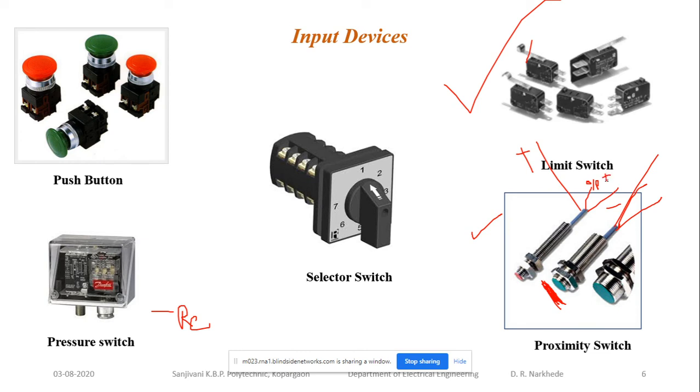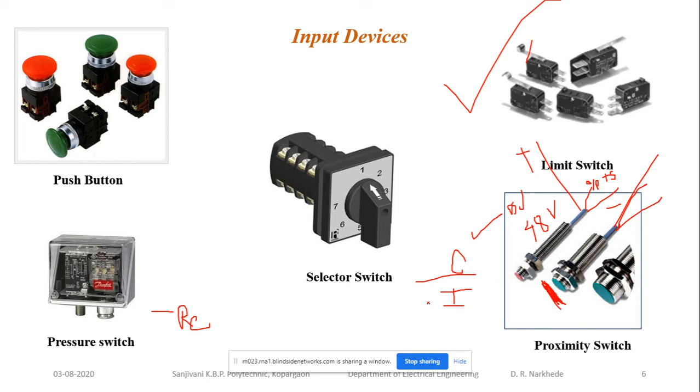That may be plus 5 volt, that may be plus 12 volt, depending on whatever supply you are giving to the proximity switches. So proximity switches can be used up to 48 volt DC. Okay, so from 5 volt to 48 volt the proximity switches are available in the market, and there are two types of proximity switches. One is capacitive proximity switches, and the second one is called inductive proximity switches. Okay, so what are the applications of capacitive and what are the applications of inductive proximity switches?